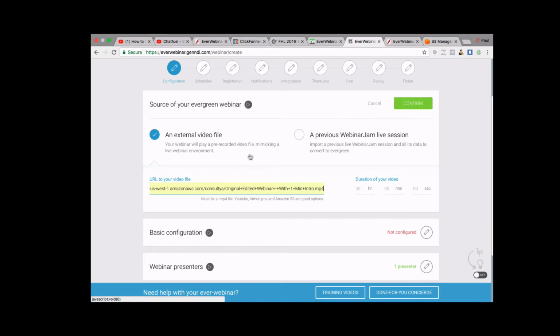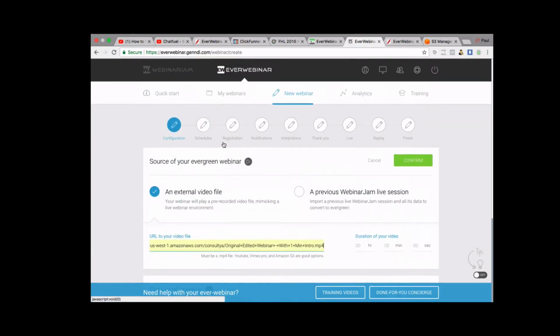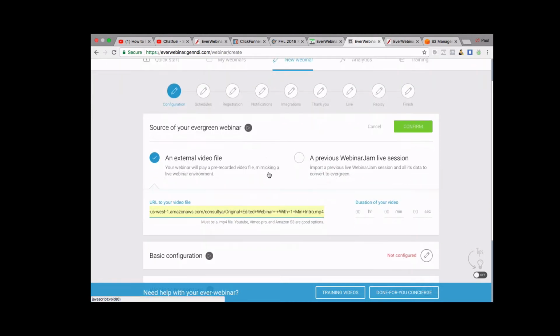And I will be doing a review of Webinar Jam a bit later. I'm going to repurchase it, because I have got some live webinars I want to run, so I'm going to repurchase it and then show you how you can set up a live webinar. But it's actually a very similar, straightforward process as this one. So yeah, if you press confirm,